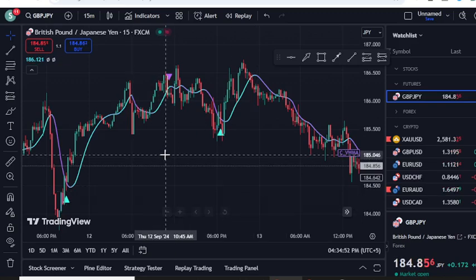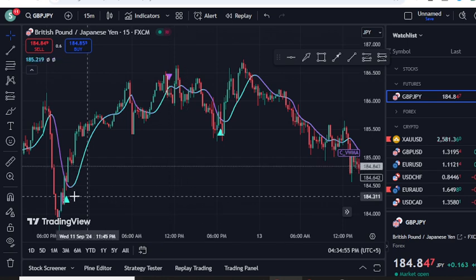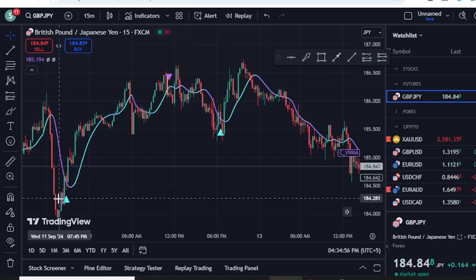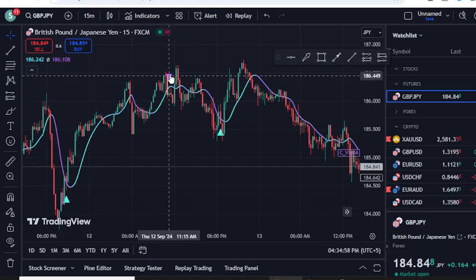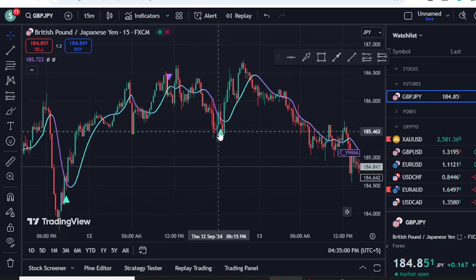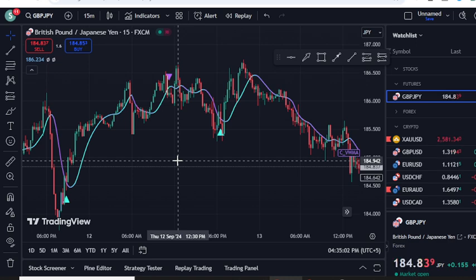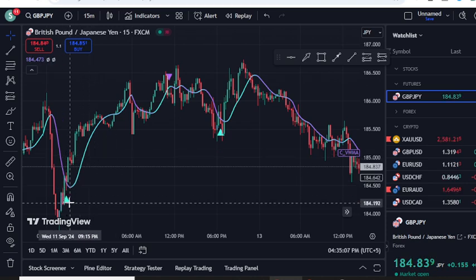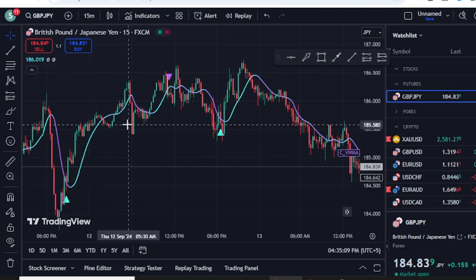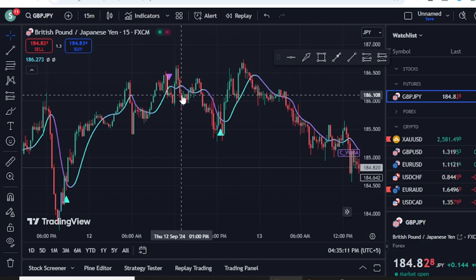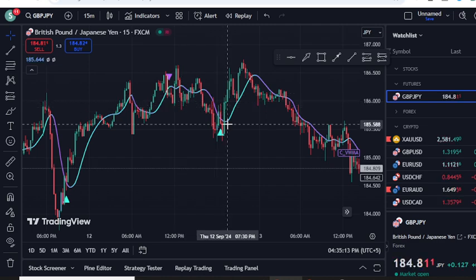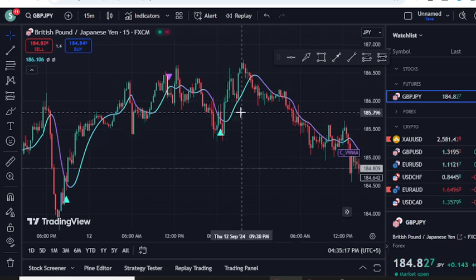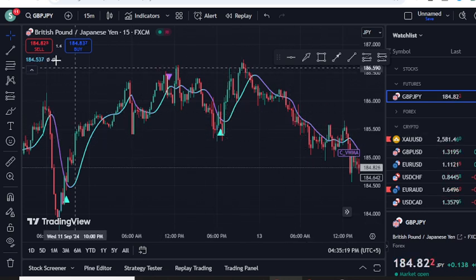In this video, I'm going to show you one of the incredible indicators that is completely free to use on TradingView. As you can see, we have highly accurate buy and sell signals, and this indicator is a unique combination of moving averages that provides you extraordinary, perfect entry and exit points. The good thing is that this indicator is completely free to use on TradingView, and it is based on moving averages. So make sure that you watch this full video.